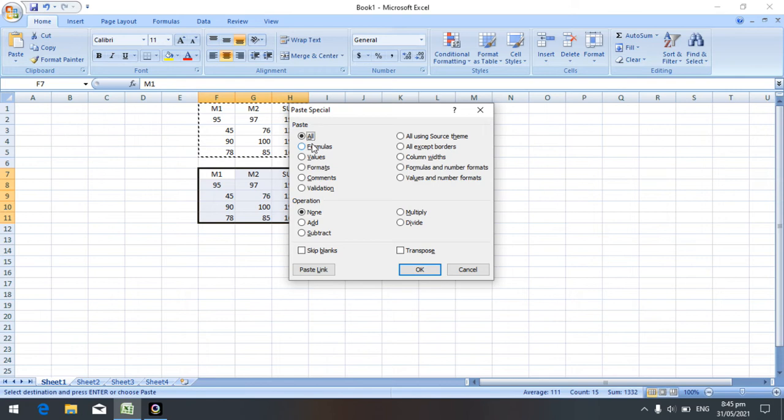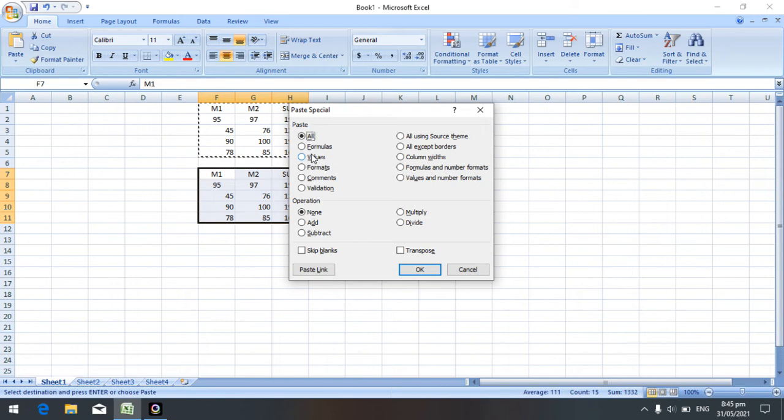If I want to transfer all the original contents and characteristics, and if I want to copy formulas at that time, you can use the Formulas option. It copies only the formulas. And if I want the values at that time, you can use Values.